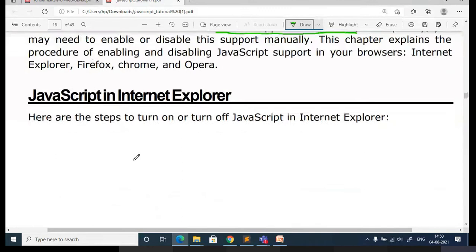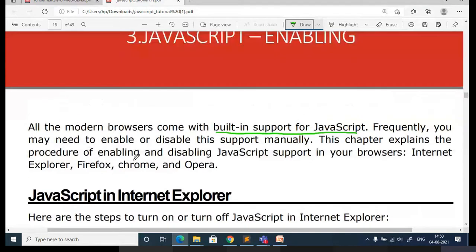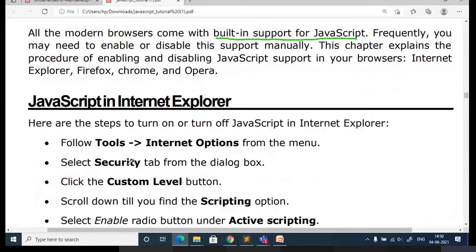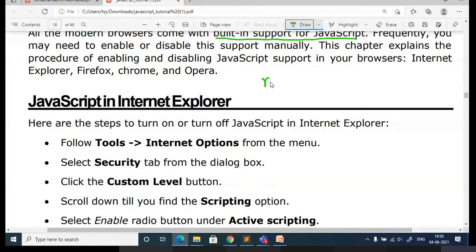Let's move on further, to how to enable and disable JavaScript. I want you people to check this. Yesterday I was explaining that in case the client browser is not supporting JavaScript, to check that you can use a tag. What is the tag I told?